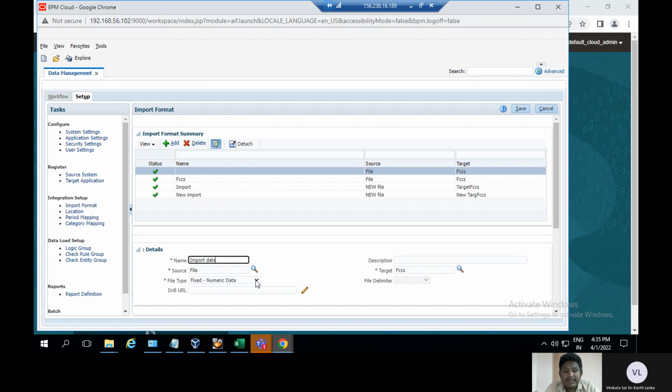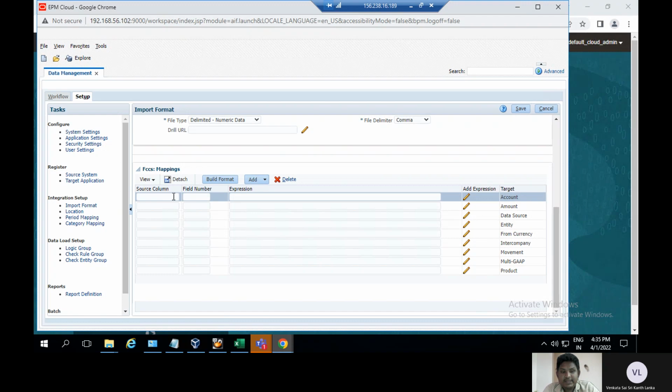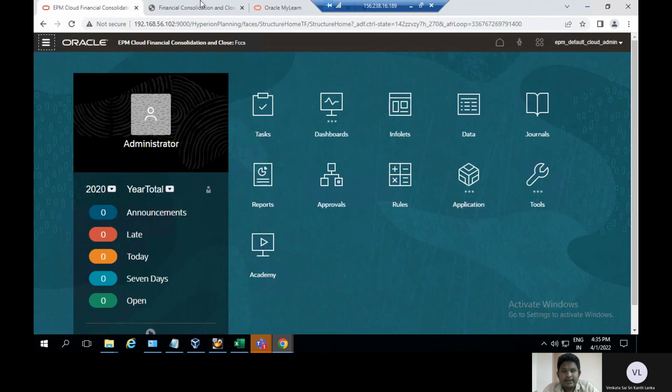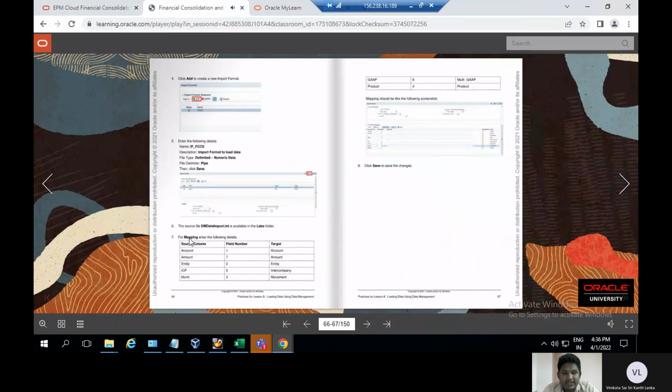And the file type is, I selected the file type. Here the delimited numeric data is selected, and then after save, and here the mappings are there. And go to the activity guide,